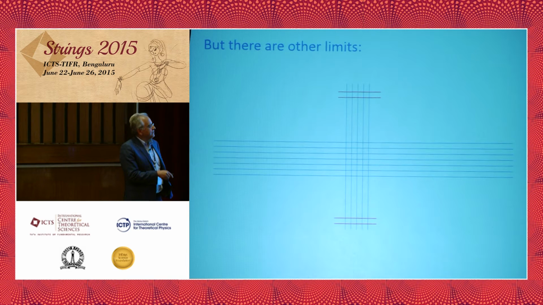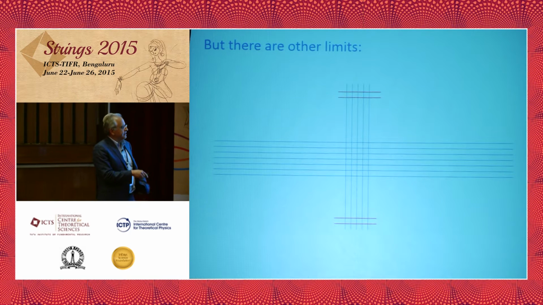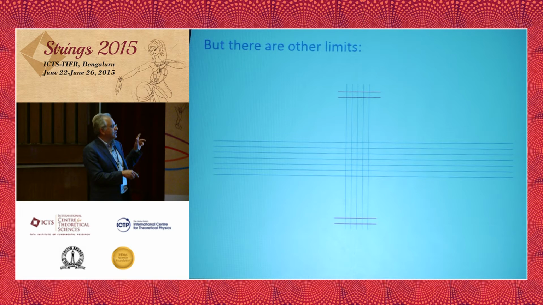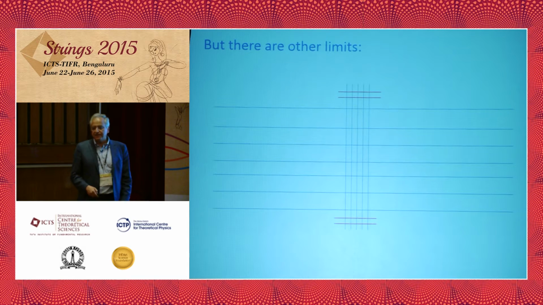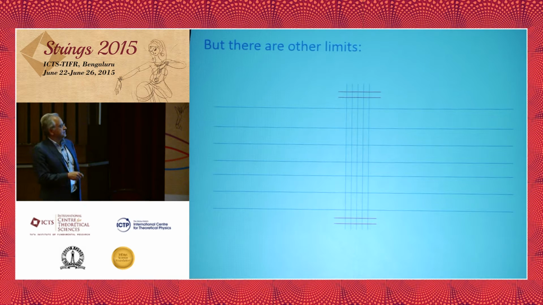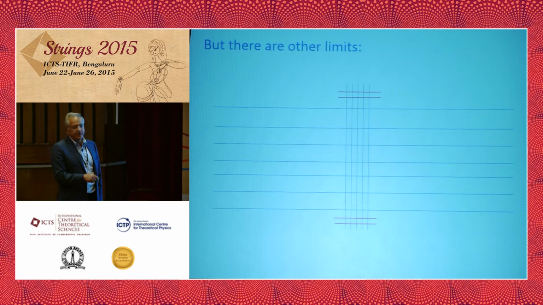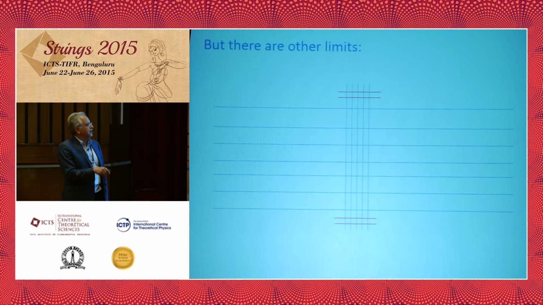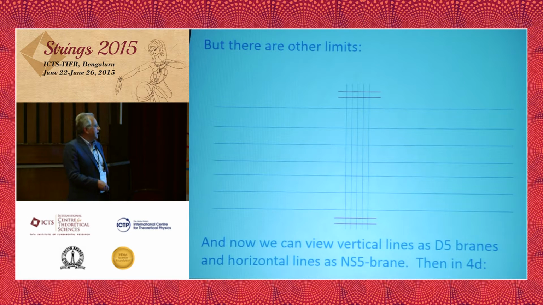And when you bring them together, it's natural to perform an S-duality in the type IIB language and view these, for example, as D5 branes, and then NS5 branes this way. And then take another limit where you separate these NS5 branes along the other direction. And now you have a very simple description. D5 branes here and NS5 branes here, but now you have periodic D5 branes cut by these NS5 branes. And now if you go down one dimension, D5 branes become D4 branes. And you just get